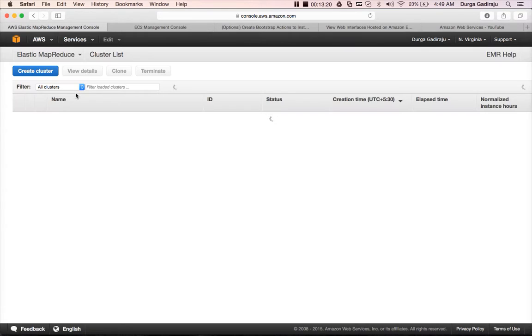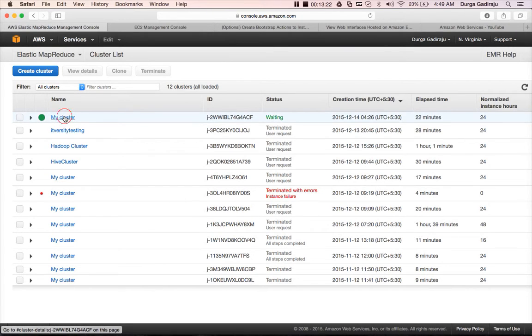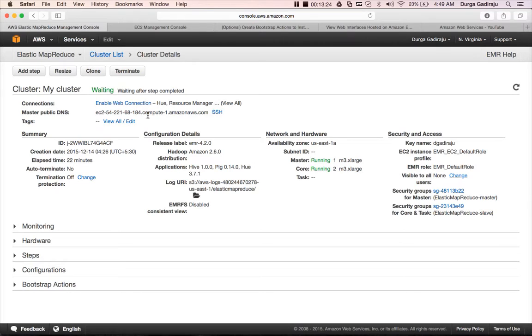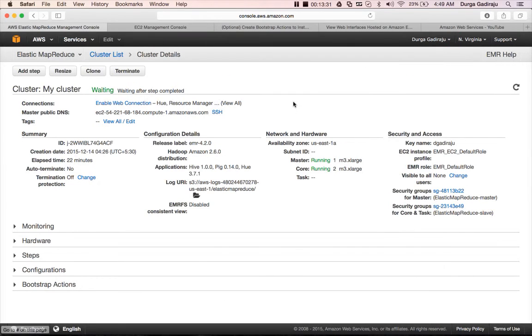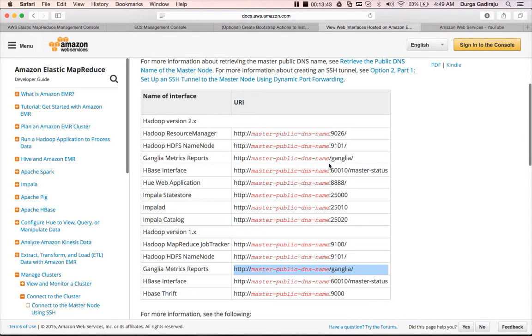So I'm going to EMR again. So this is the new cluster. These are all done. Okay, the links are gone, but if you know the port number, you will be able to access it. So let us go to this, and if you want to access Ganglia, it is http:// your public DNS name